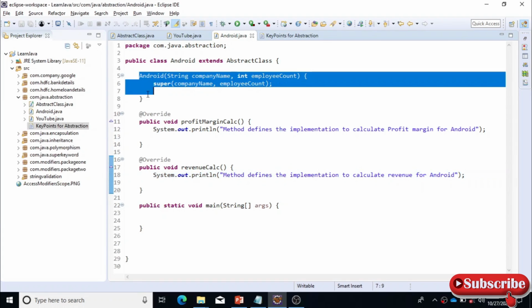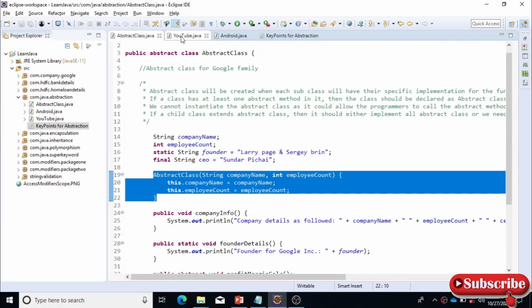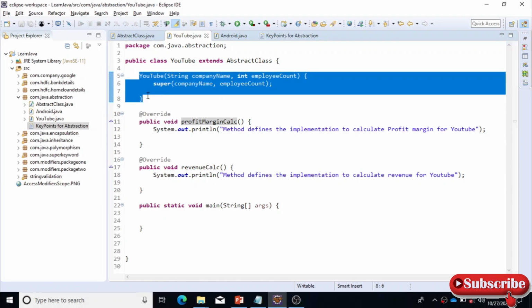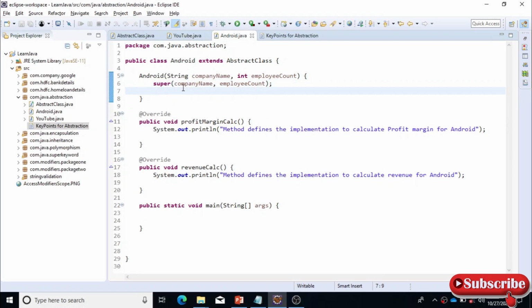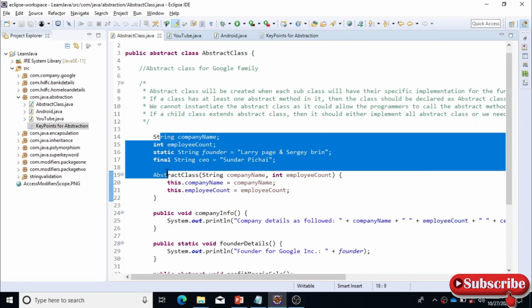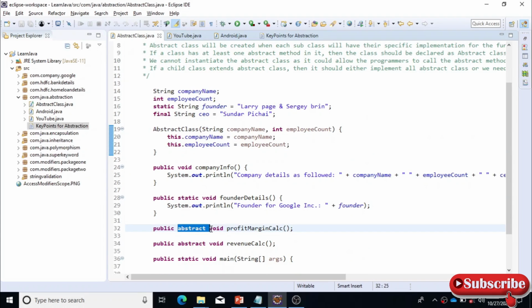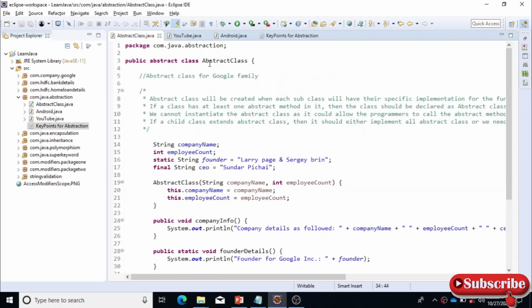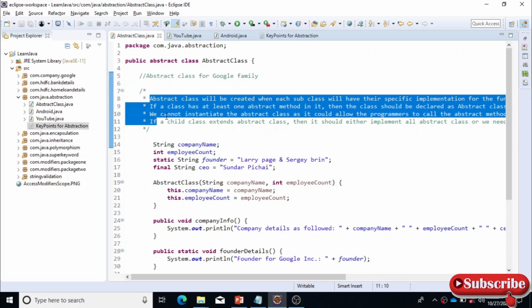And this one, don't bother. It is from the inheritance concept. Since we have created a parameterized constructor, it will ask you to create a constructor here. If you watch the inheritance tutorial, you might be clear with this one, so don't bother about this. This is not relevant to abstraction. I'm just showing you how abstract also behaves like a normal class. So these all things are like a normal class. Only the abstract related concept is that we are creating this method prototype here, and by extending it we are calling it. These are some points which I have mentioned that are very important.